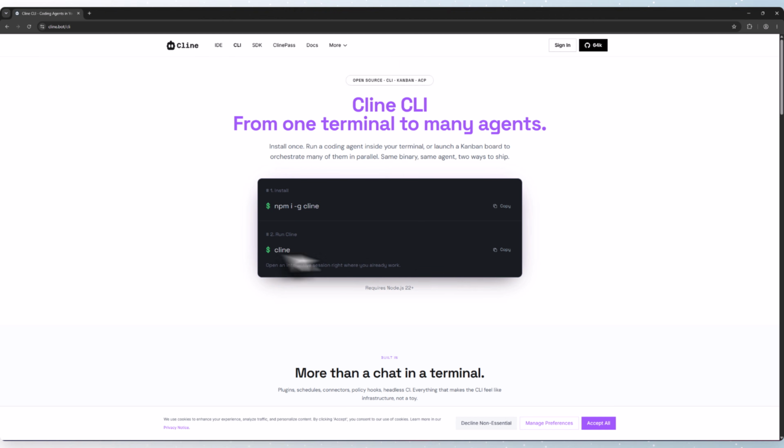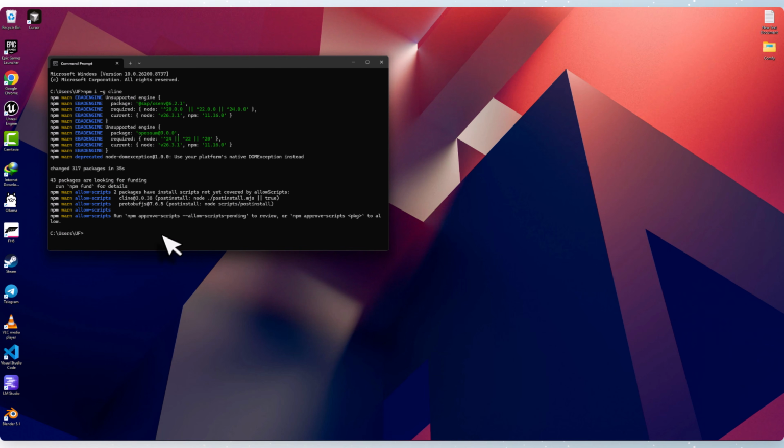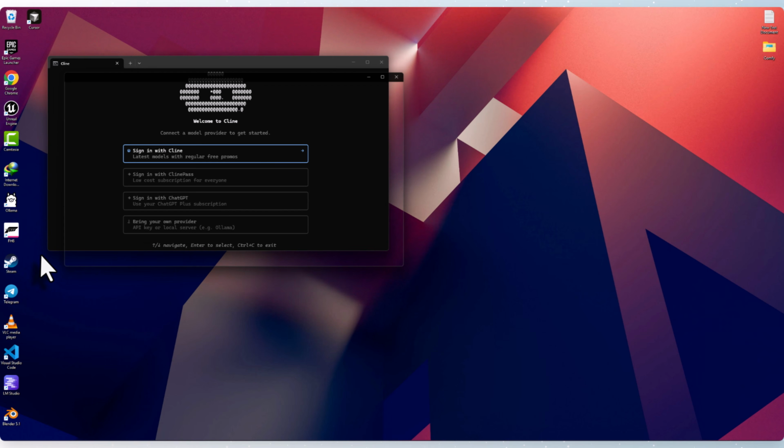Okay, fine. To make it work, we have to copy the command to run Cline. Okay, let's go to this slide and let's see. Okay, as you can see, it's running. Now,